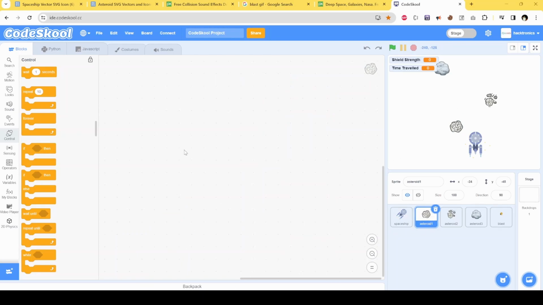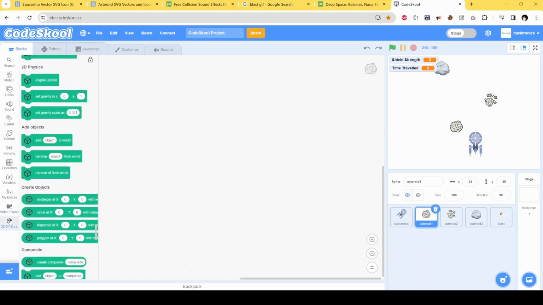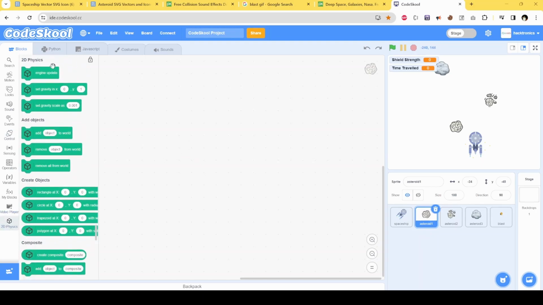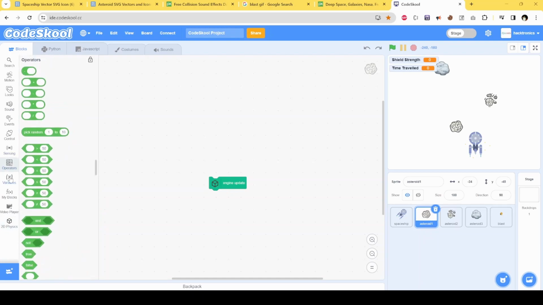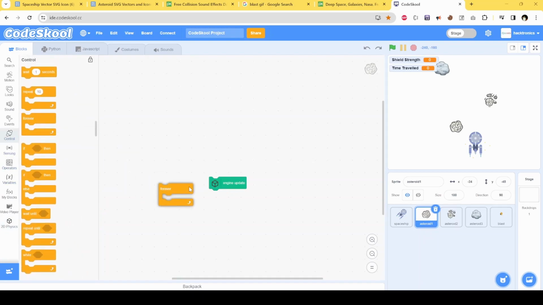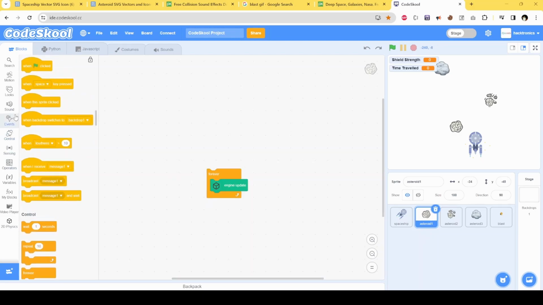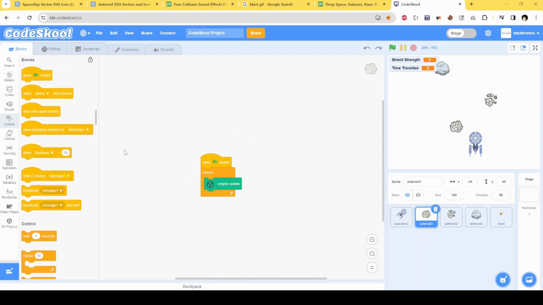For this asteroid falling effect, I'll use that 2D physics engine. This would be the engine update in a forever loop. When this flag is clicked,